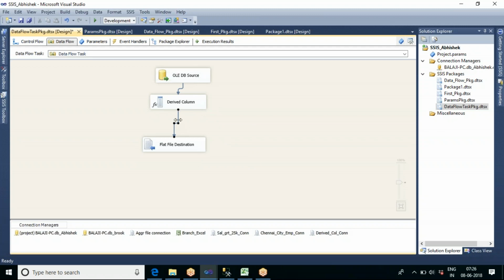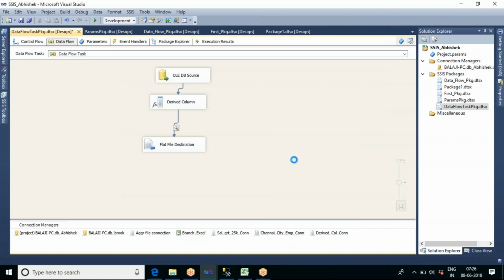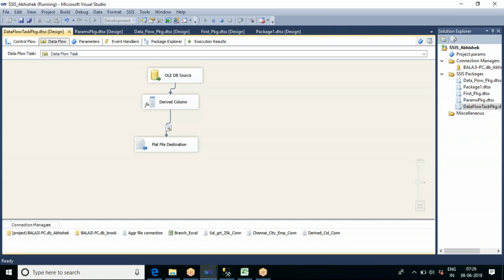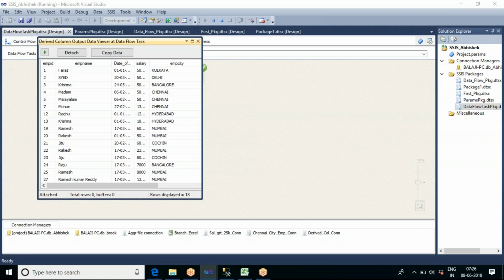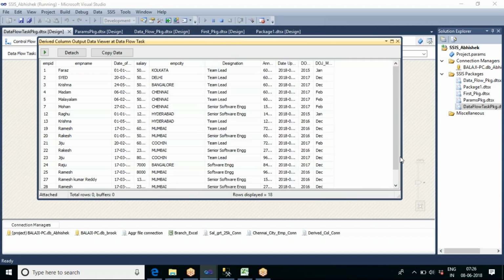Let me execute this and let us see the output. Now you can go and see only the selected columns are coming in the output here.